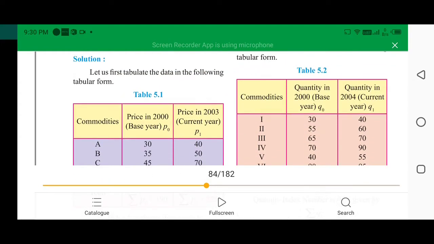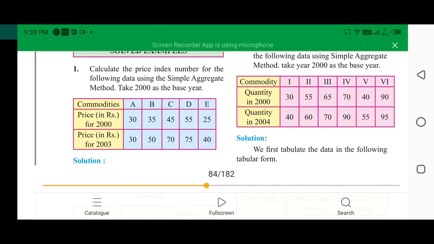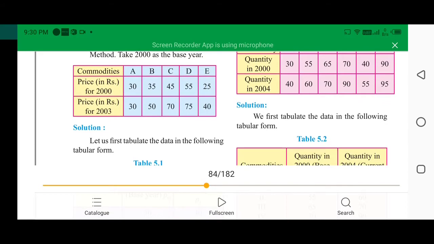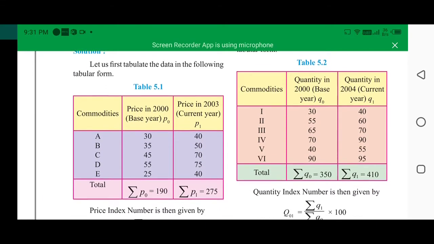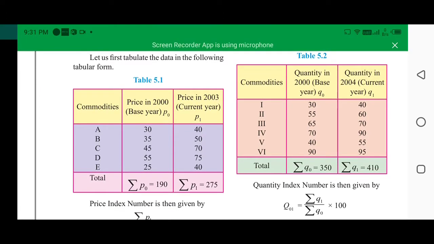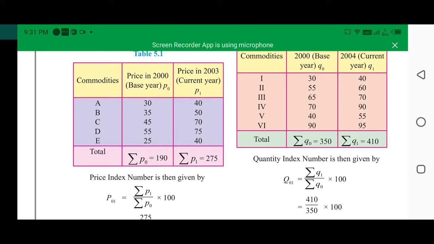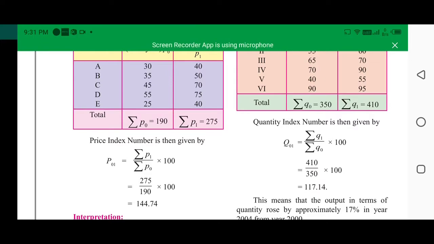Similarly, you can calculate the quantity based index number. So we have this one. Data is given, the quantity for 2000 and the quantity for 2004 is given. So similarly we will use the total of 2000, that is Q naught, and the total of 2004, that is Q1. So the quantity index number is given by Q naught 1 is equal to that ratio,